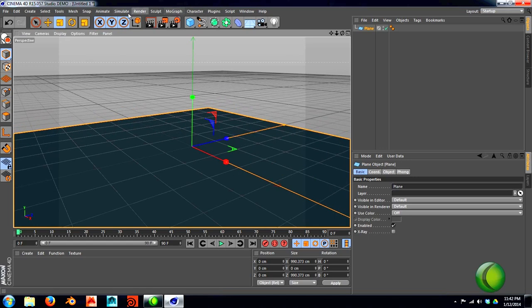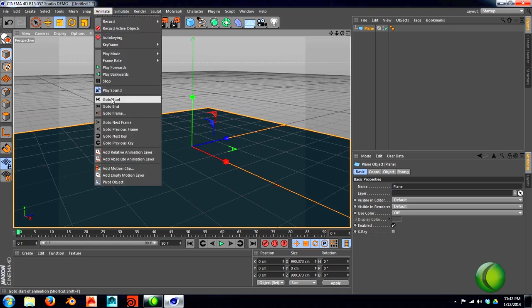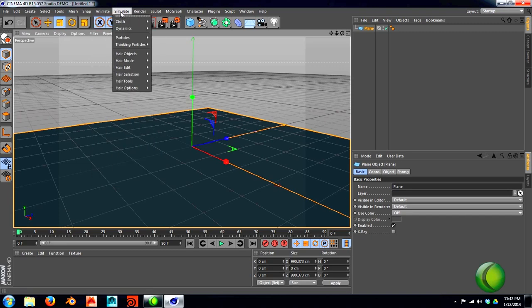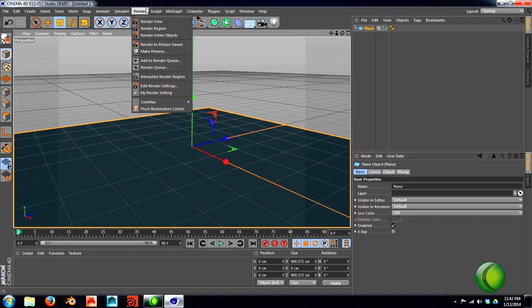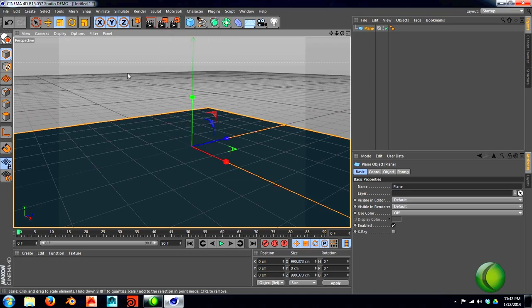There are a lot of buttons to use and a lot of features in here that are very non-destructive, which is great because when you make a mistake,